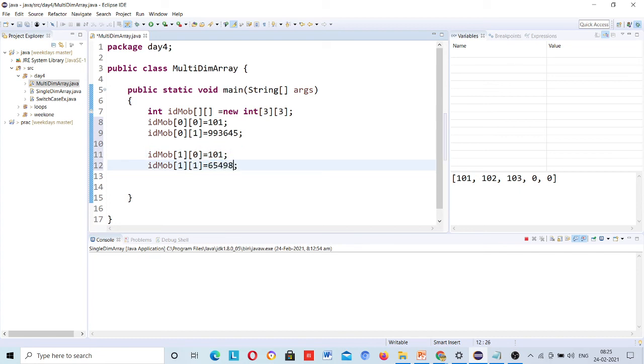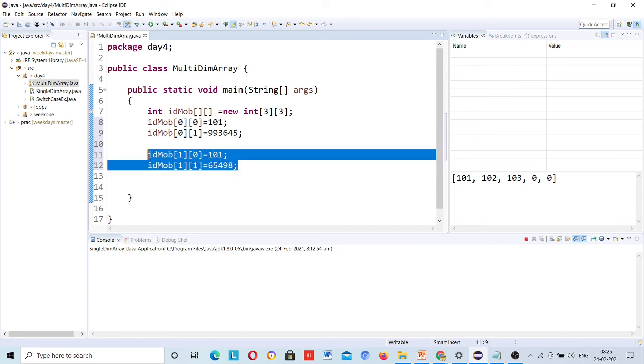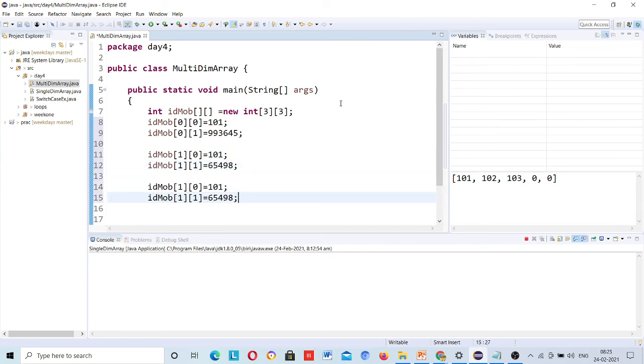Now for the third employee, 20 and 21. Suppose here 102, here 103, and then anything. This is the mobile.